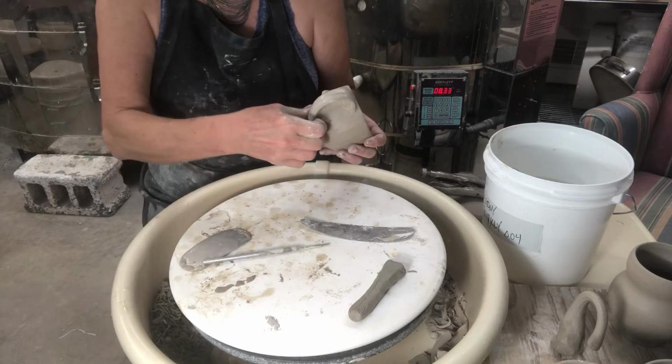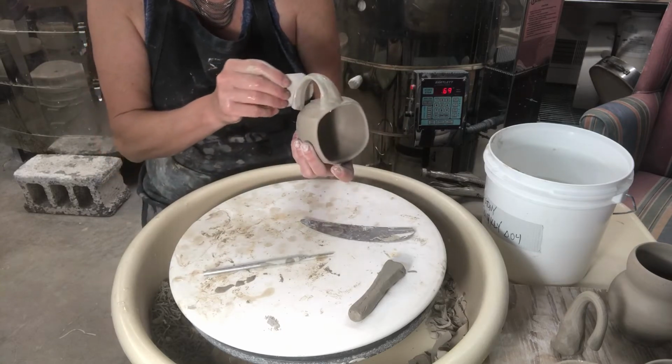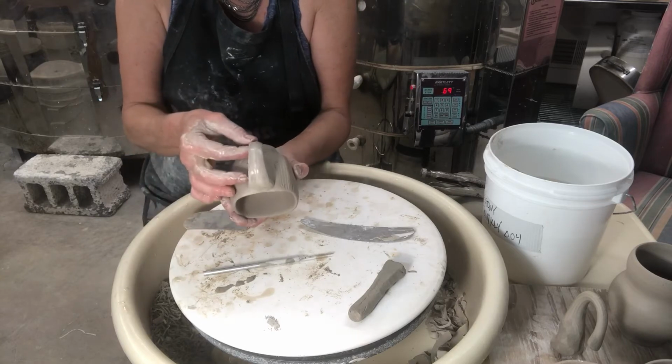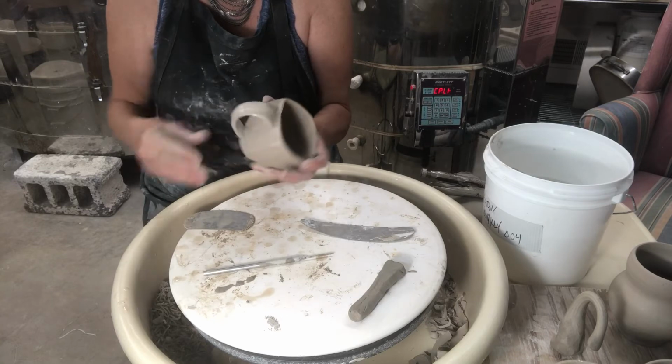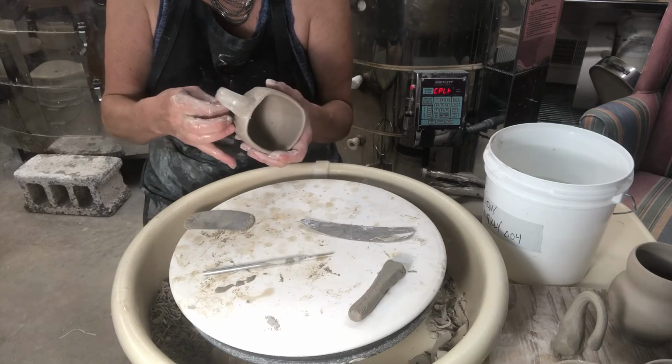So I should do a little scoring underneath here where it is going to attach. And one thing you want to do is make sure to look at it right head on to be sure that they're lined up because you don't want it to be crooked. I often will put them on crooked and that's pretty silly. All right, so my hands are goopy now. I just want to make sure I can get a good